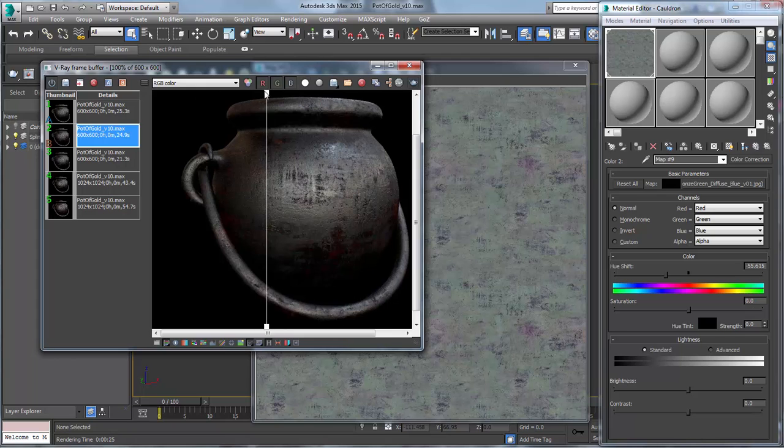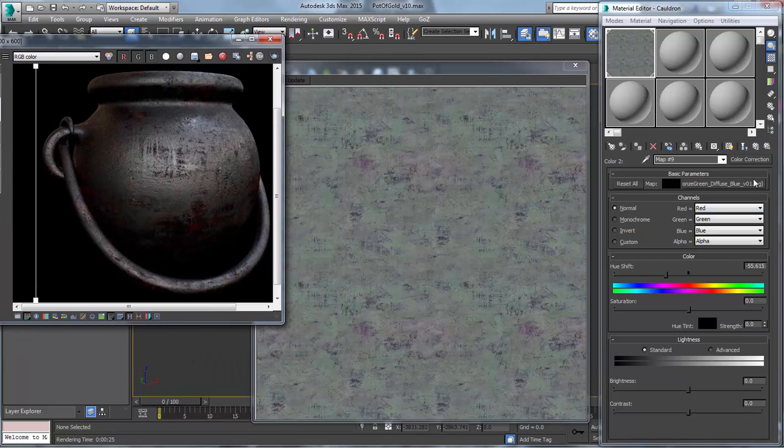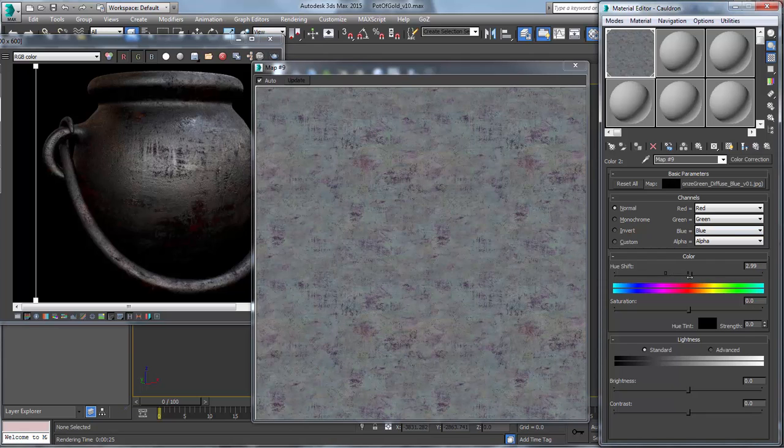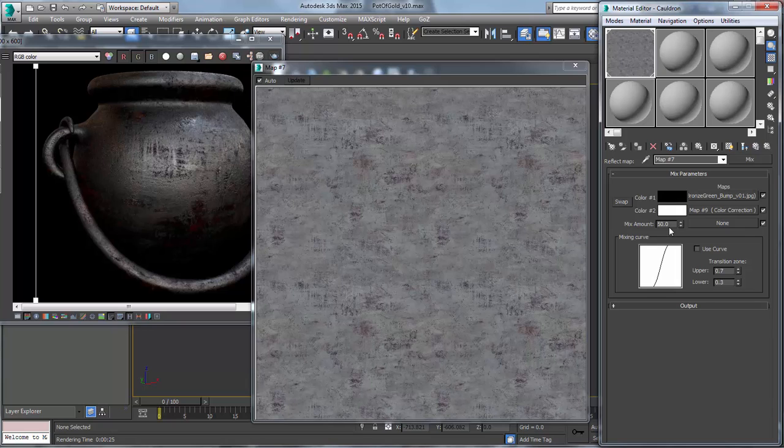So be sure to play around with those settings and just have fun with it and see if you can come up with something that looks cool. So I'm going to go back up here. I'm just going to turn off this color correction that I did. So now we're back into our original blue value. And I love using these mixes because you can just, by here, change this amount to 100%. Then you just have the pure color. If I had it at 0, now I have that other black and white color. So really powerful mix